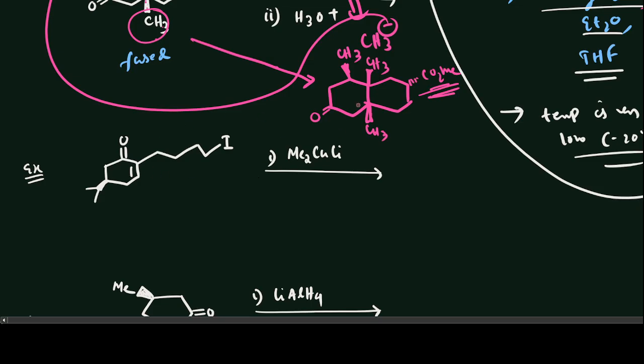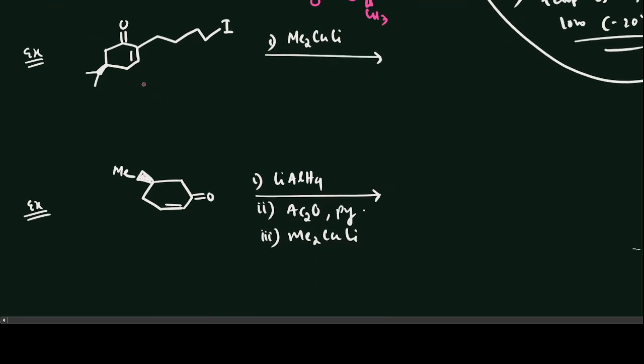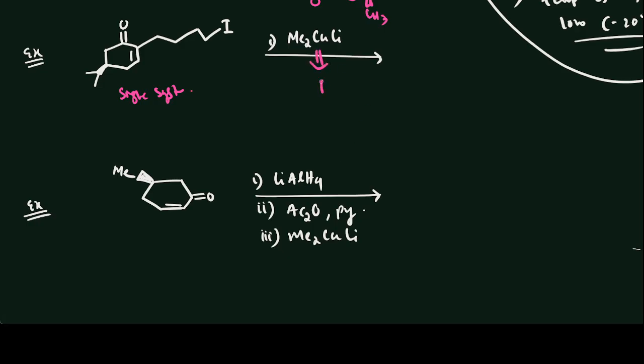Okay, so moving to the next question. In this question, what you see is that this is a single system. This is not fused, this is a single system. Now here also you will get R minus, and it will attack at the one position, that is 1, 2, 3, 4, position 1, so it will